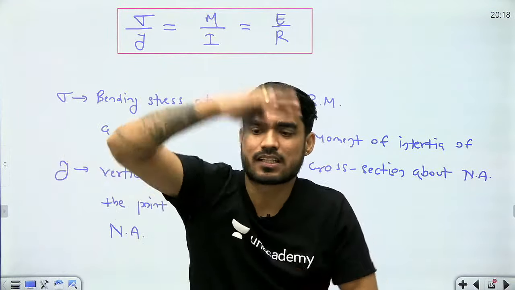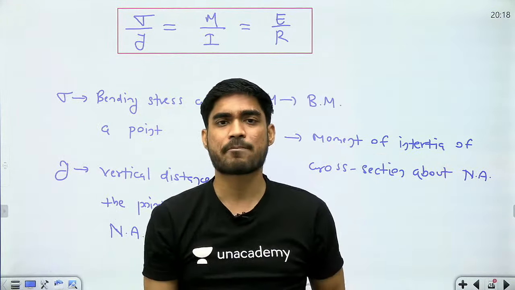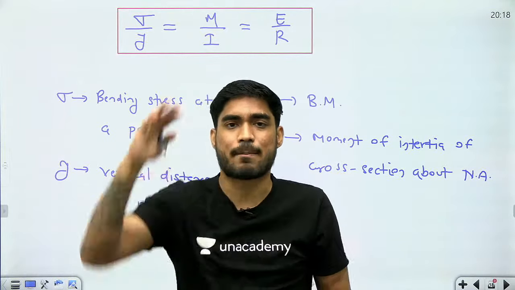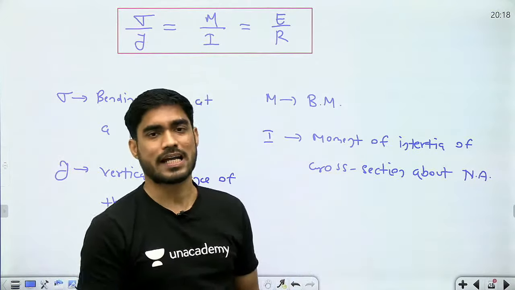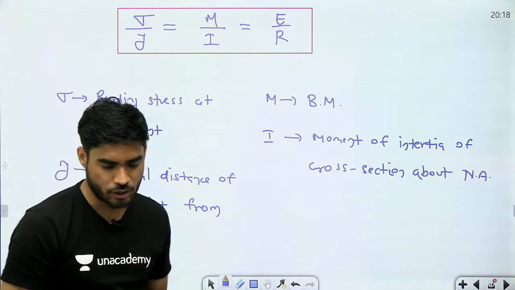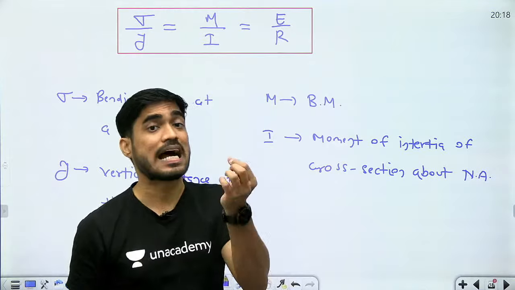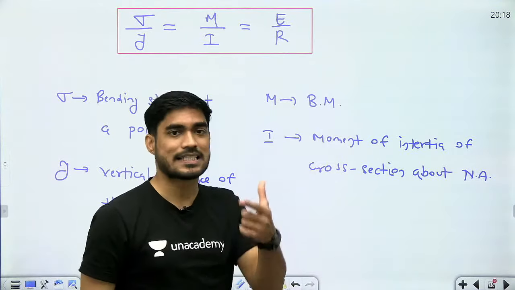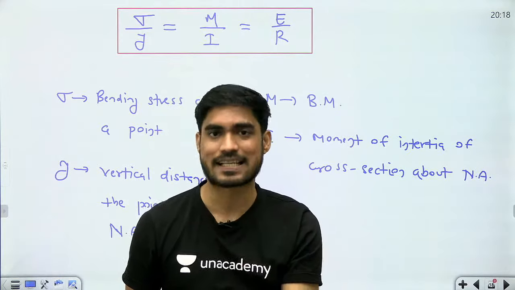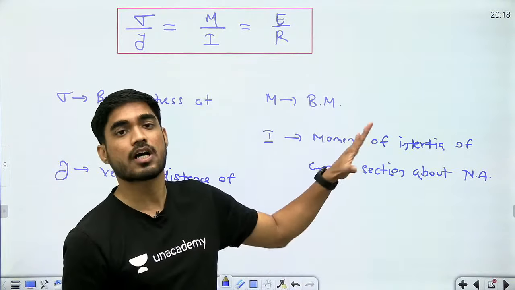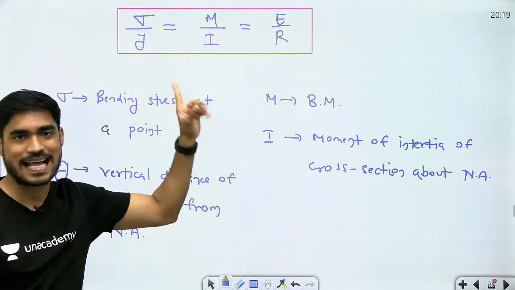एरिया न्यूट्रल एक्सिस के जितना पास होगा, यानी पॉइंट्स जितने न्यूट्रल एक्सिस के पास होंगे, उसका मोमेंट ऑफ इनर्शिया उतना कम होगा. इज इट क्लियर टू यू? नाउ मोमेंट ऑफ इनर्शिया शुड बी हाई. अगर मोमेंट ऑफ इनर्शिया ज्यादा है तो बॉडी जो है, क्रॉस सेक्शन जो है, वो ज्यादा मोमेंट रेजिस्ट कर पाएगा. आगे मैं समझाऊंगा क्यों. ओके, तो मोमेंट ऑफ इनर्शिया ज्यादा होना चाहिए.